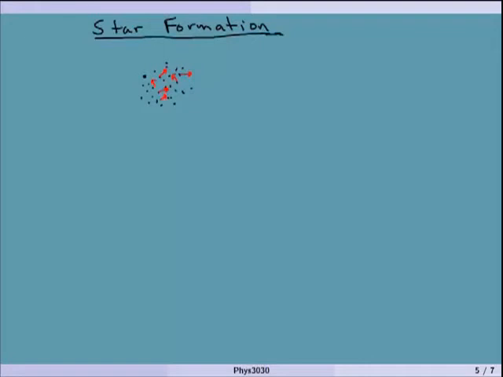So there are two types of energy that we see. One is gravitational, and the other is thermal energy. The thermal energy is the random energy of all the molecules bouncing off each other. As we've already talked about, the gravitational energy pulls everything together,